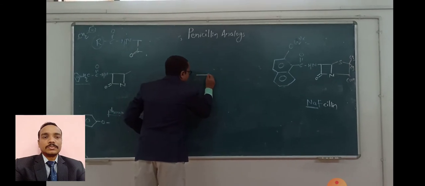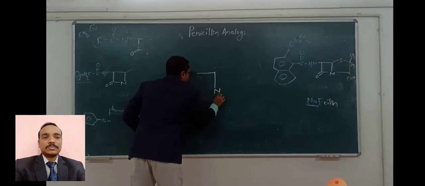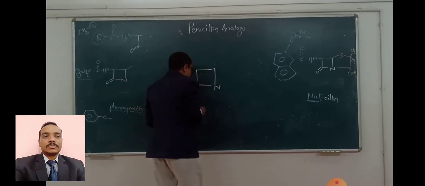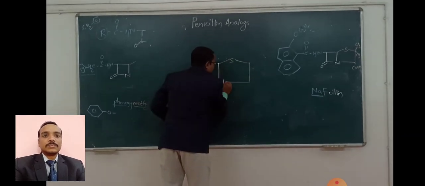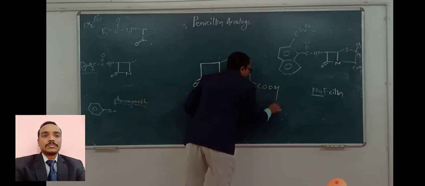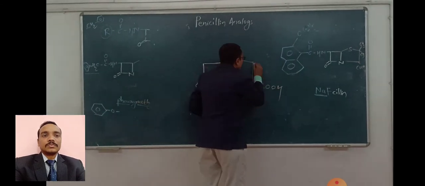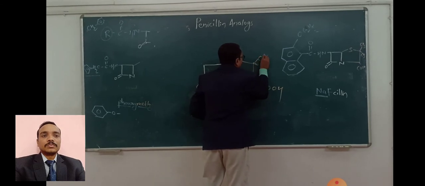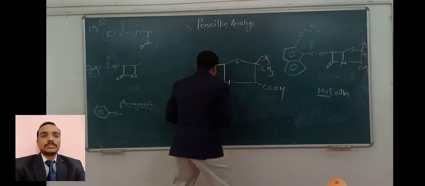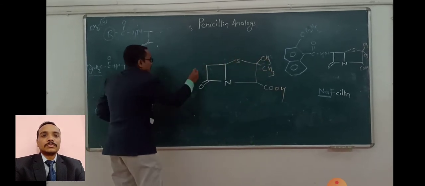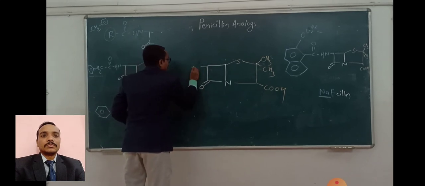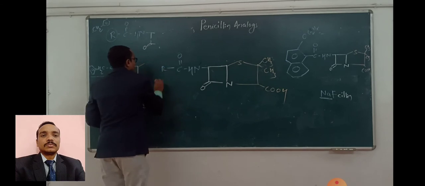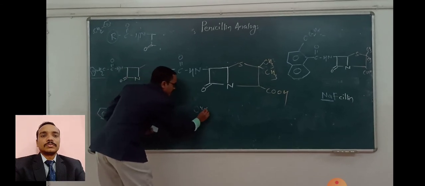So here again we are having the general series, common part, beta-lactam, dihydrothiazine, which is fused to this beta-lactam and gives us penicillin. Coming to this sixth position, this is the common part. Now here in the case of oxacillin,